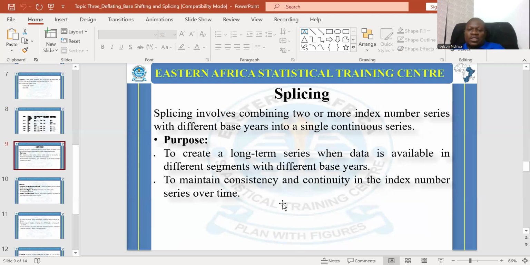Also, now we move to another concept, that is splicing. What does it mean? Splicing refers to combining two or more index number series that have different base years into a single continuous series. So if you have several series calculated with different base years, they are separate, and you want to make just one continuous series, then you can use